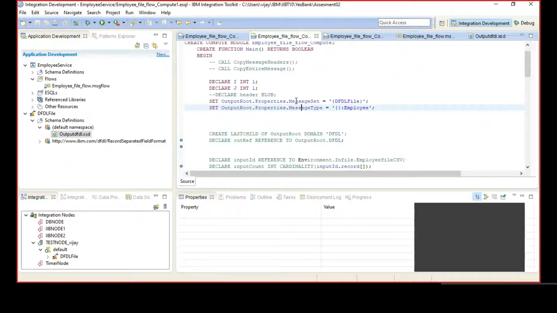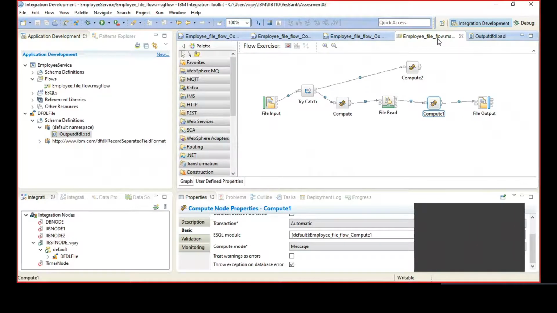So, go back to the message flow. Let me repeat whatever you said and see if I've understood properly. You have an input file in CSV format which contains employee records. And there's another file in XML format which contains employee details.